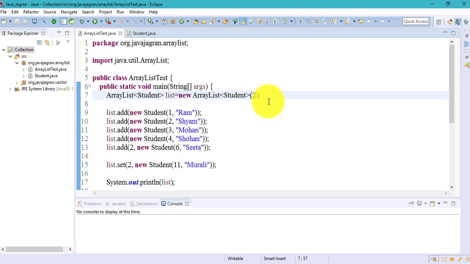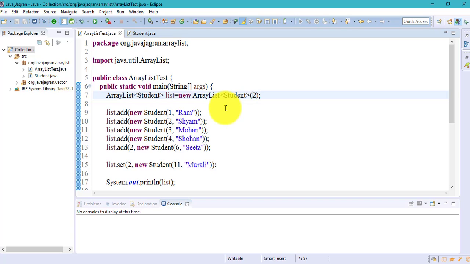But before inserting, each time it will check the capacity. Here I have created it with 2 slots. When the first data is inserted, it checks whether any space is available. Internally it has a size variable, which contains how many data items are already inserted, and a length variable, which is how many elements this ArrayList can hold.